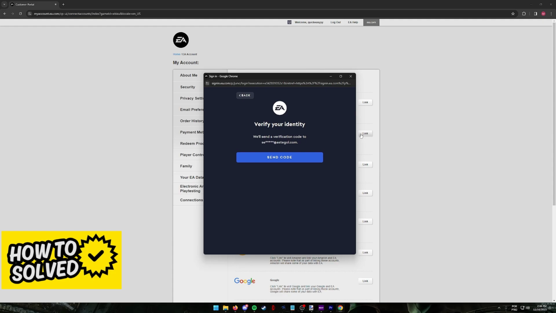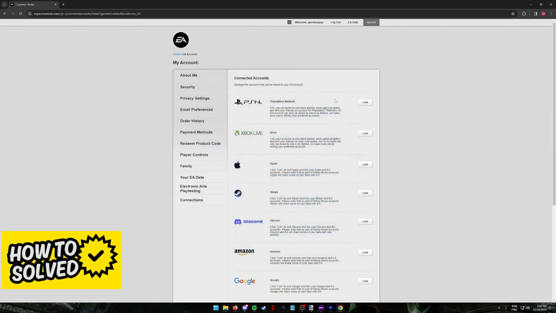Another window will open and you will have to input a verification code every time you do this. Keep that in mind. For this video, I'm going to skip this, but all that you have to do after you input the verification code is link the Microsoft account or the Xbox account. You will be asked to sign in to confirm your identity, and after you do, they will ask for permissions through your EA account. Agree to the terms and conditions and give them the permissions, and the Xbox account will